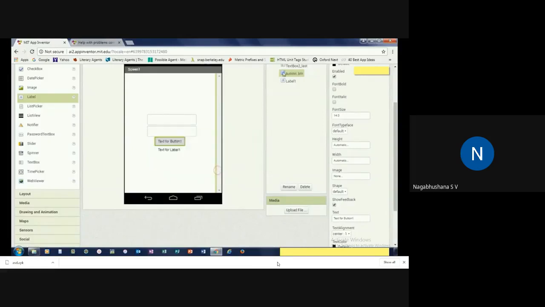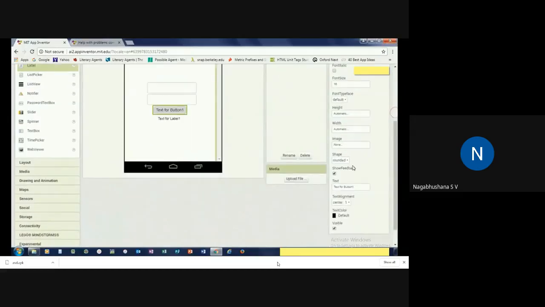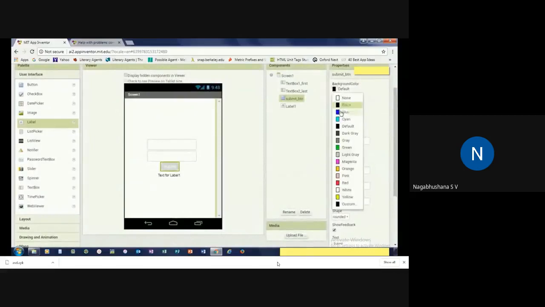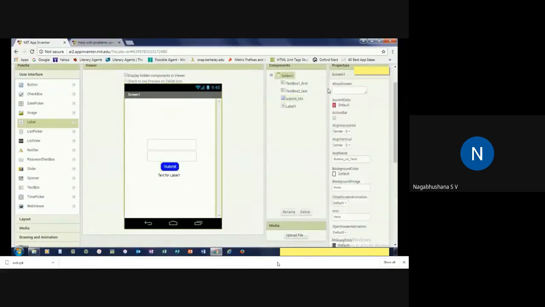Now button 1, let's just call it submit BTN, submit button. For this, let's just have size 16, which is our theme that's going on. Height and width are okay. Shape, I want to make it rounded corners. I like buttons with round corners. And then the text for that: Submit. You can really have anything, like finish or complete or enter, just something that makes sense. Text color will be white because I want the background of this to be blue.